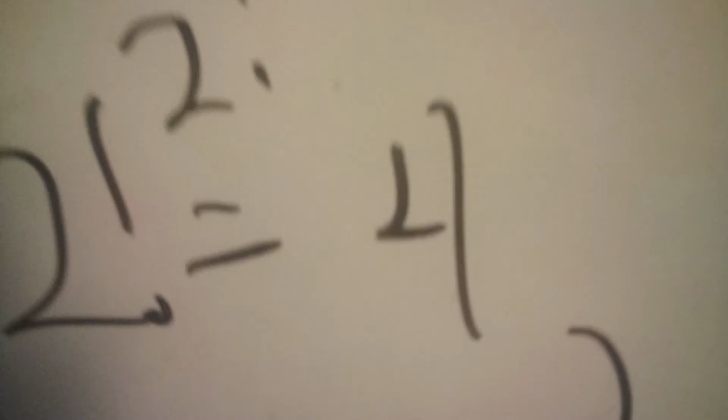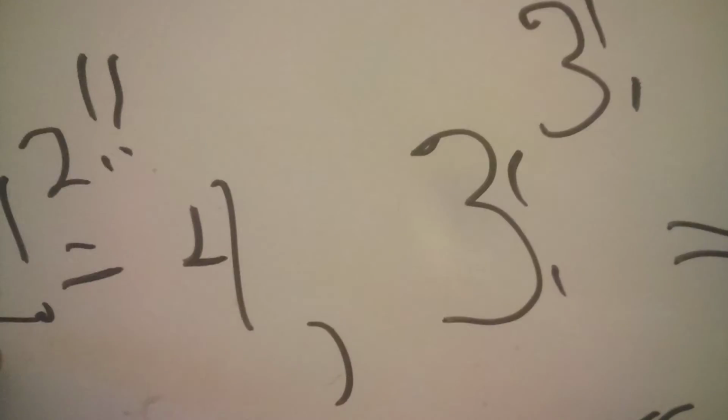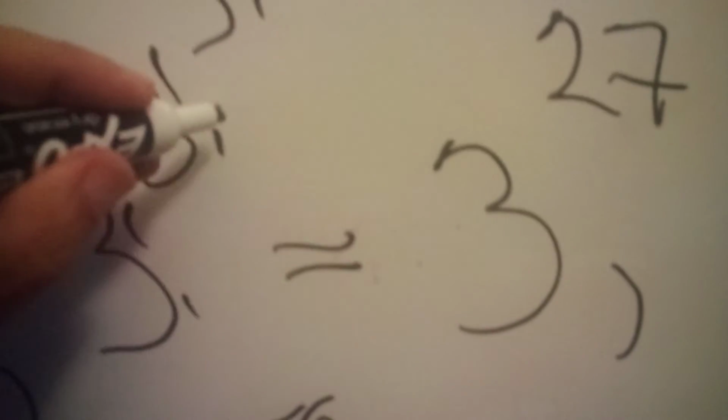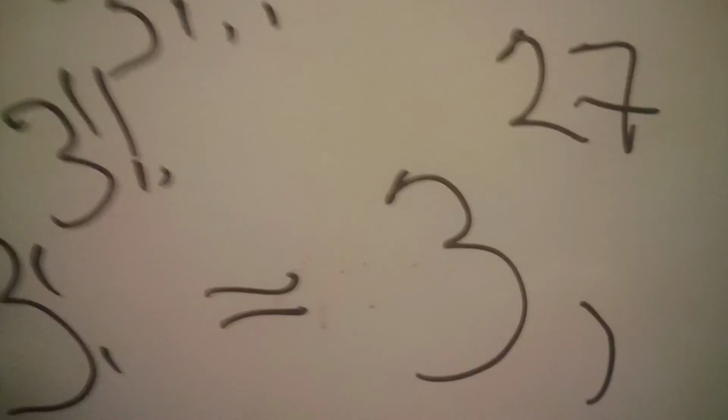This time we can do 2 factorial to 2 factorial iterated, so that the base gets 1 factorial, the first exponent gets 2 factorials, and what is that? 2 factorial is 2, so it's still 2 to the 2, which equals 4. When we go to the third one, 3 factorial to 3 factorial factorial to 3 factorial factorial factorial,